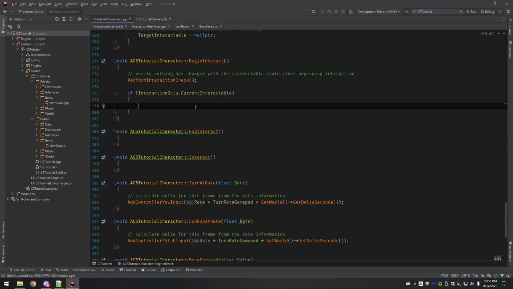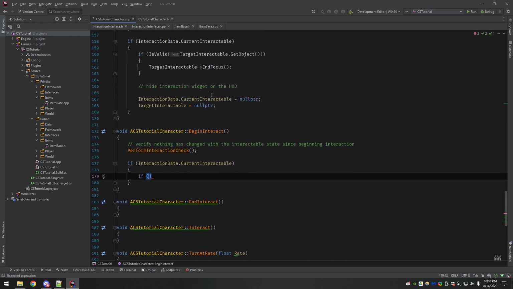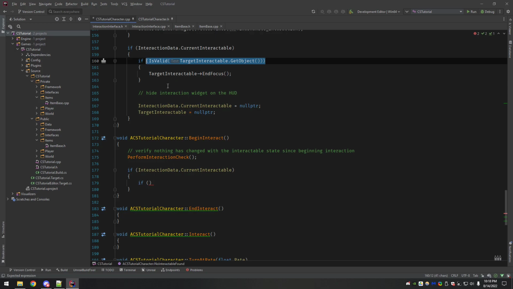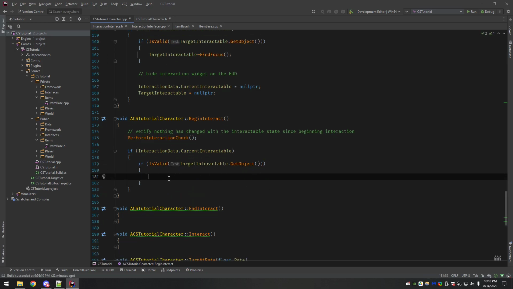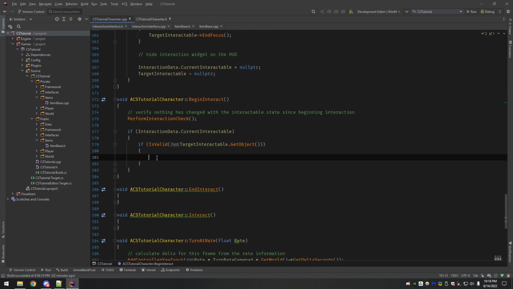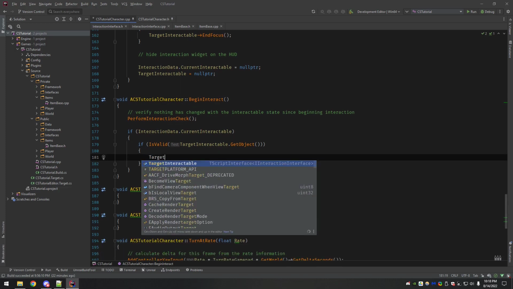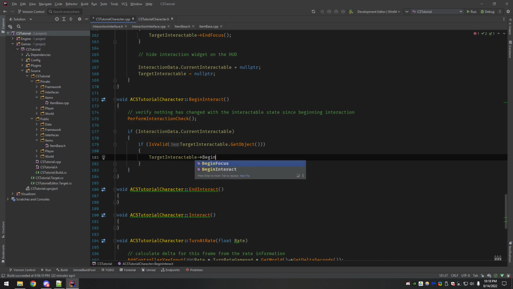If it is still valid, and again, this check, if our target interactable is valid, then we want to begin interact on the target interactable.